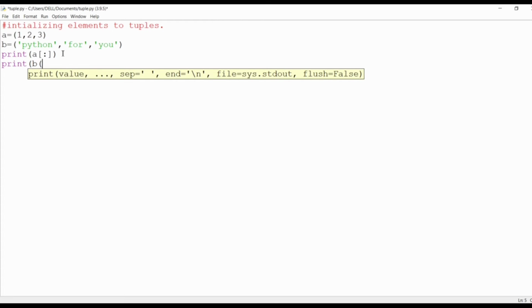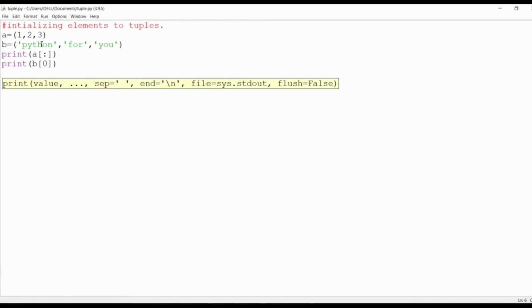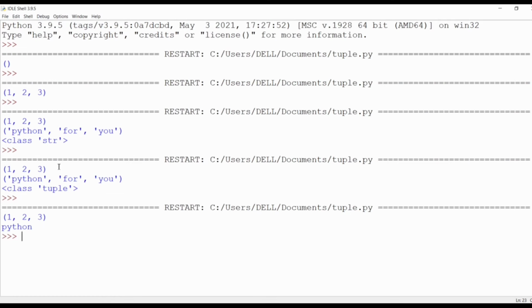I want to get only the element which is in the 0th position, so I am giving the 0th position, and I am going to run the module.